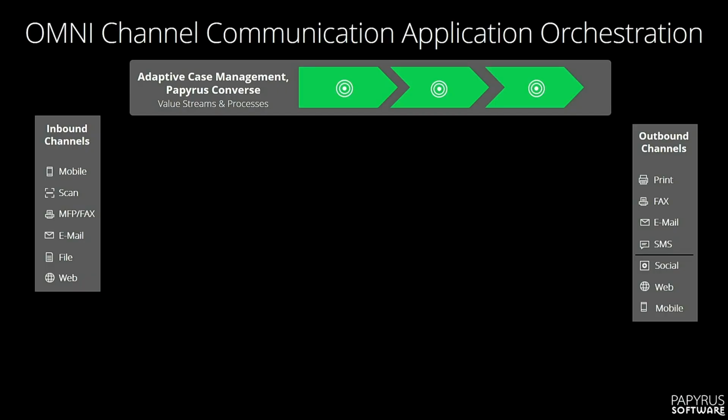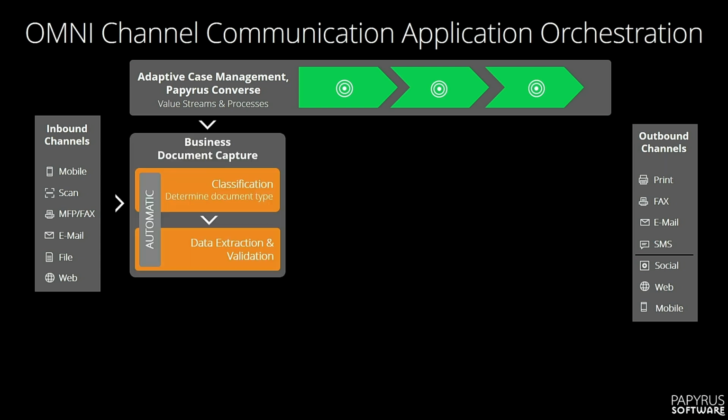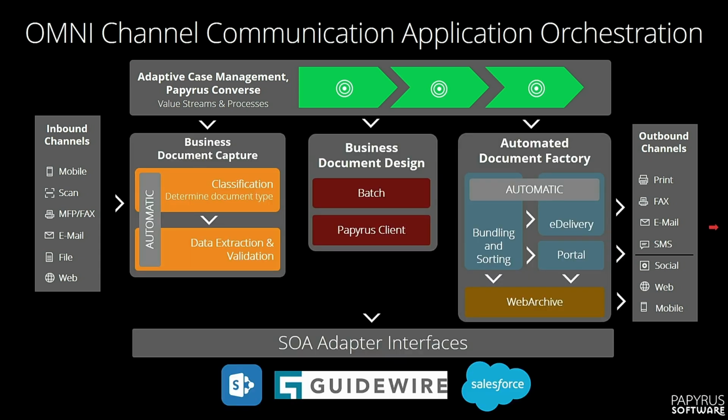On the left-hand side, you have your inbound channels. That means that's where you're communicating with your customers. On the right-hand side, you have your outbound channels. That's where you're sending information to. And with adaptive case management as a methodology, using Papyrus Converse, for instance, as an implementation, you just really orchestrate